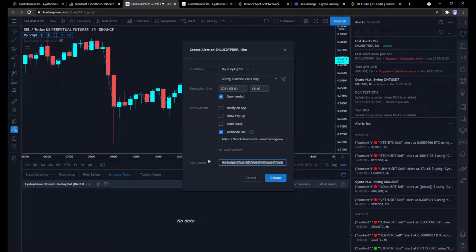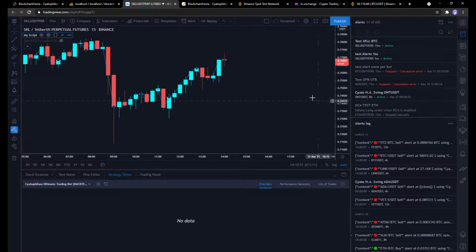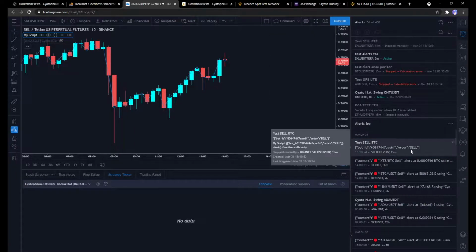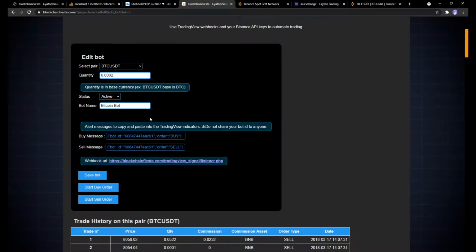I'm going to rename my alert to test sell BTC, and since it's a test alert, it will trigger automatically. Okay, we can see the alert is triggered, so I'm going to stop the alert. So the bot should have sold. We're going to check this.